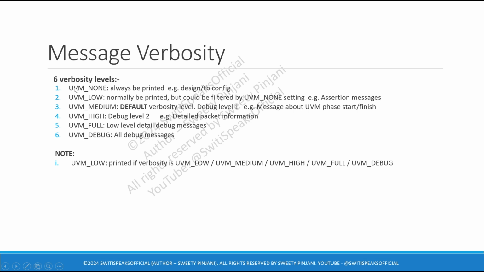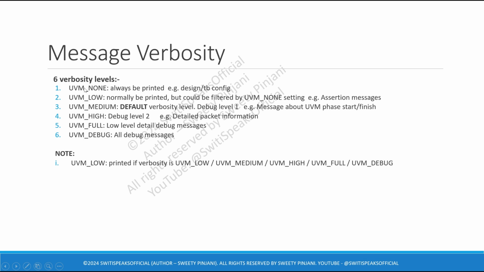One easy way to remember all this is remember the sequence: UVM none, then comes low, then medium, then high, then full, then debug. UVM none will print the minimal number of messages, very minimum messages. And UVM debug will print the maximum messages, all the messages possible.